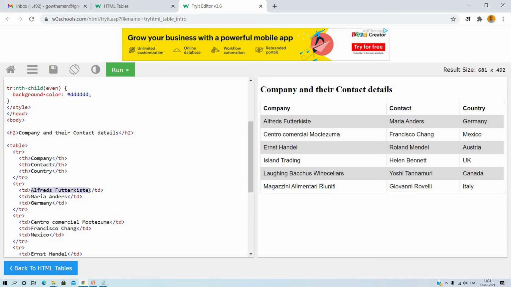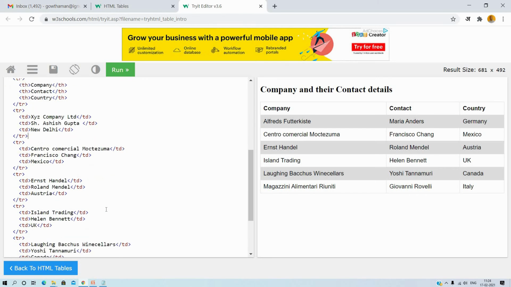Now I am changing the company name, taking the first row. I am typing XYZ Company Limited, and the contact, Mr. Ashish Gupta. For the country, I typed New Delhi in place of India.